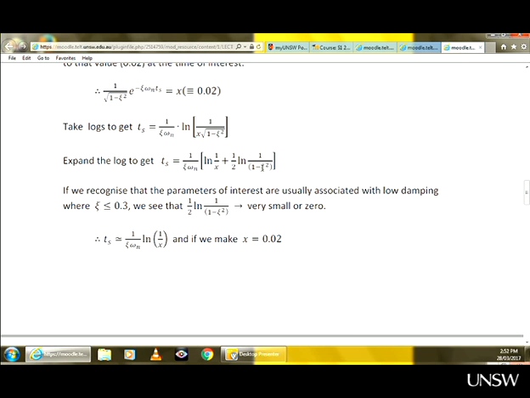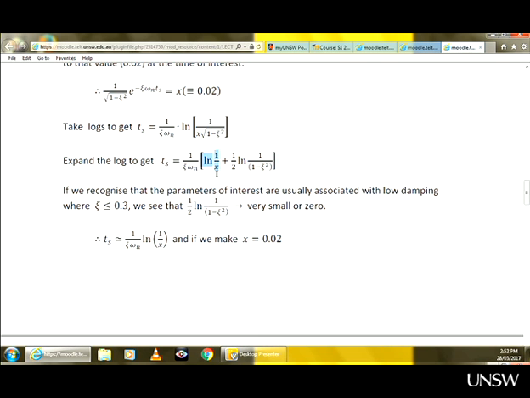Because if xi is small, less than 0.3, then 0.3 squared, or even less, is 0.09. So you can regard it as 1. 1 minus something very small is still very close to 1. 1 over 1 is very close to 1. Logarithm of something very close to 1 is very close to 0. So this part can be ignored. I apologize. This part is ignored, so you end up with